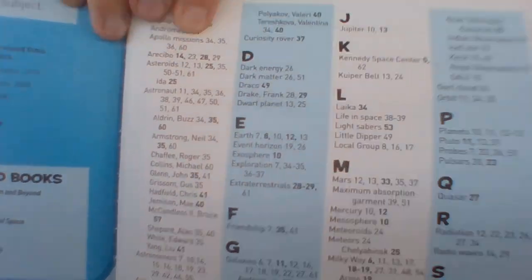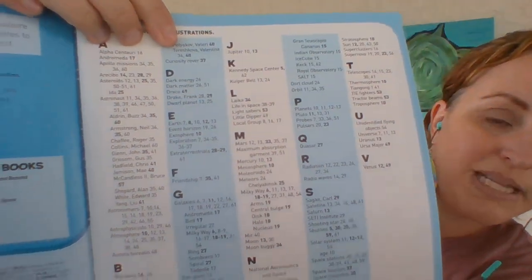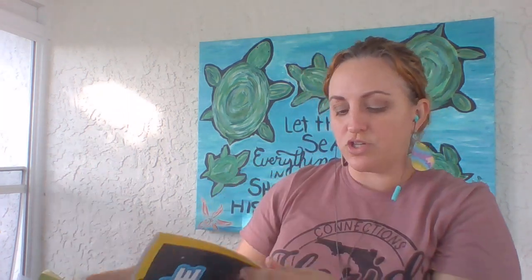So if I'm wanting to learn about asteroids and I go pick up this Everything Space book, I'm going to look in here for asteroids. It tells me what pages they're listed on. So it doesn't tell me what an asteroid is, but it tells me the pages where I can find asteroids. There's asteroids on pages 12, 13, 25 is in bold, so that's probably the best page to go to. So I'm going to flip to page 25